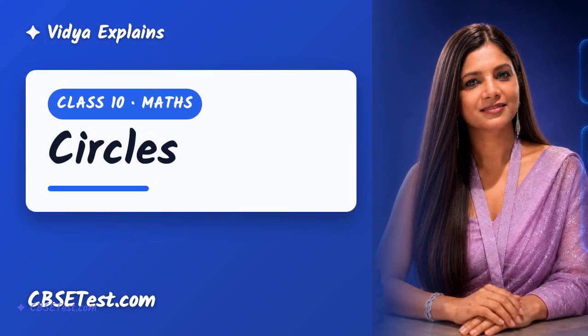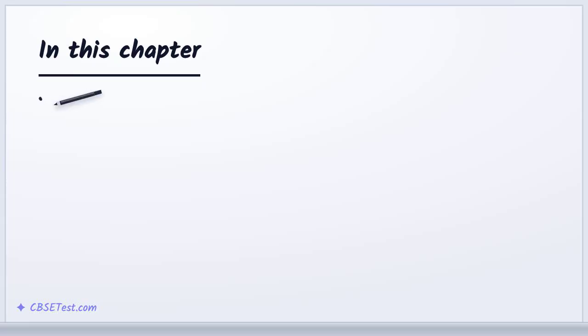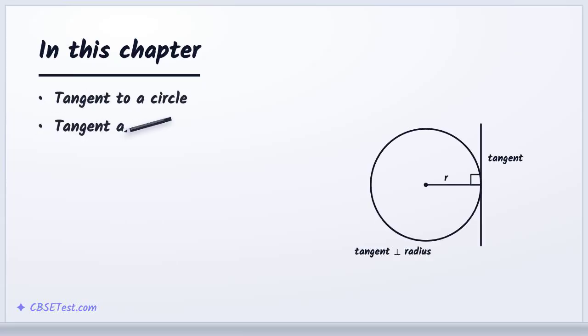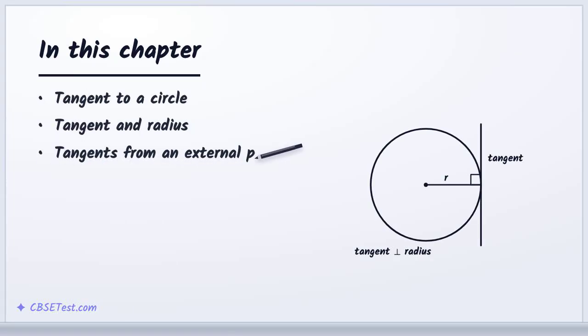Let's learn circles together, step by step. This chapter is about tangents, lines that just touch a circle at one point. We'll see how a tangent relates to the radius, and the neat fact about two tangents drawn from the same